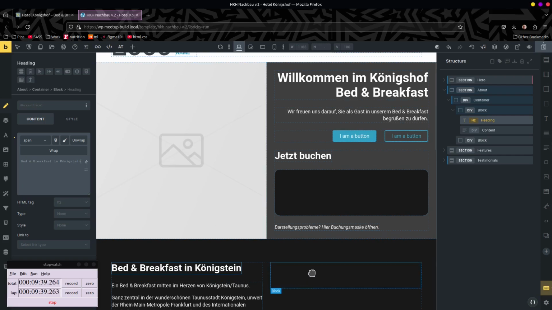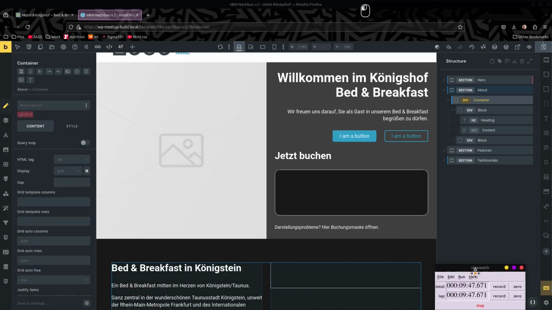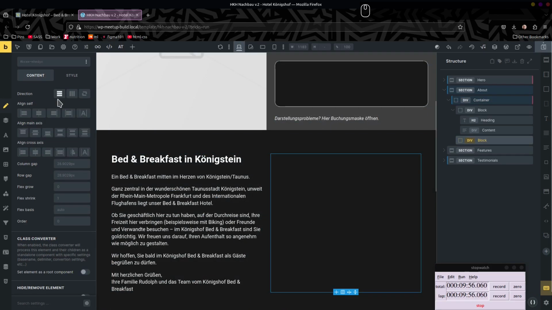H2 is fine. We need to go to the parent. Yes. And we go here. And we make sure that this is all stretched. Not align content, align items. This one gets my object fit